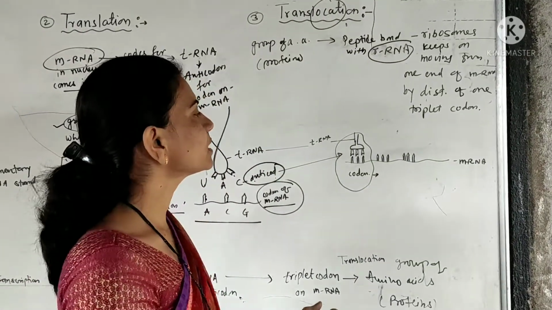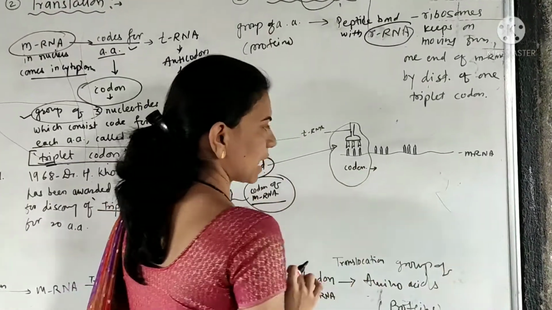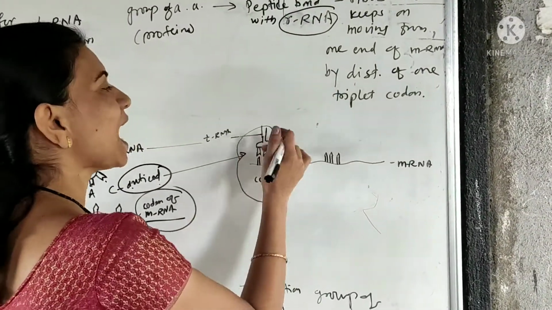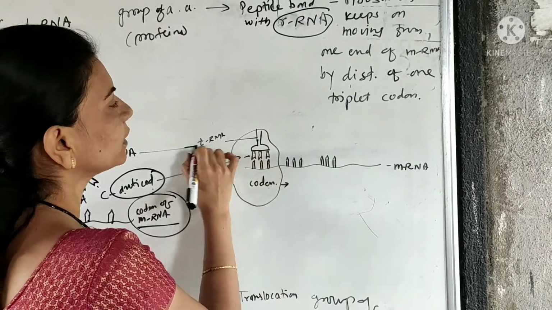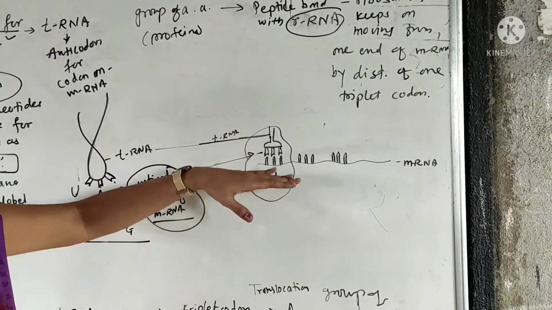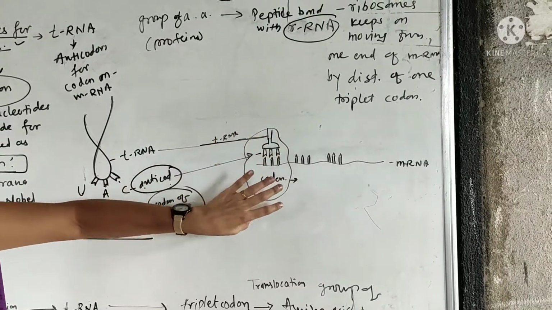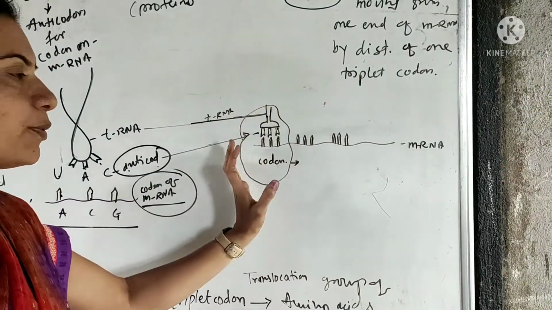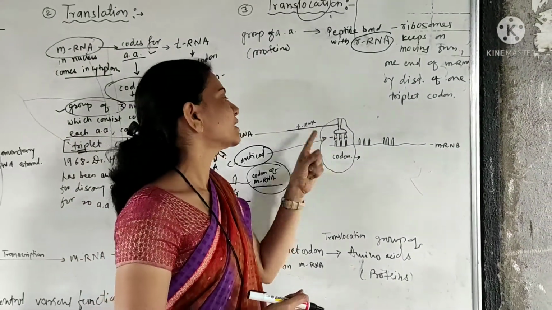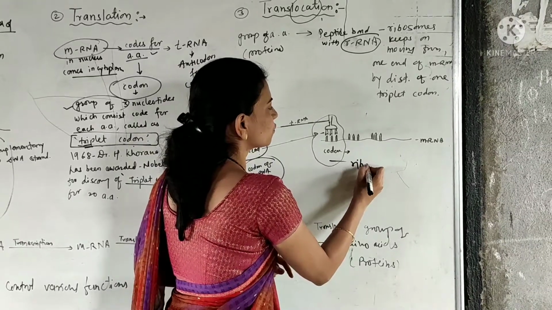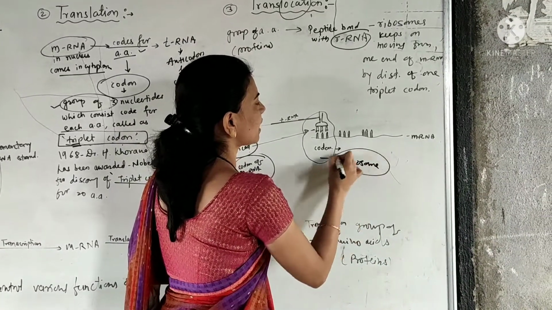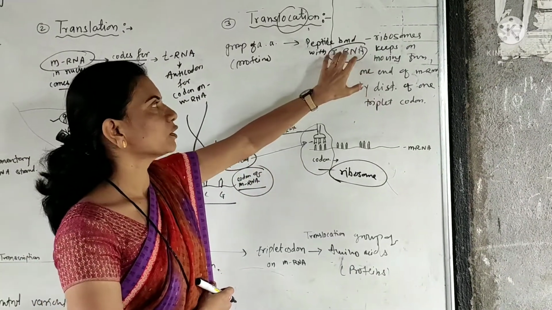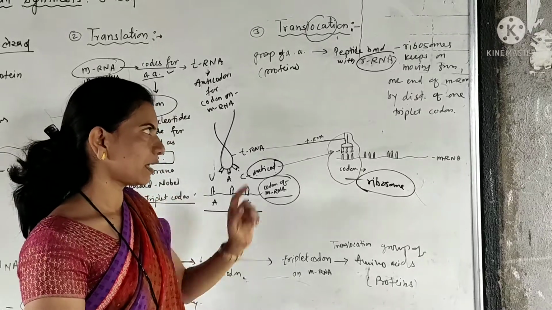What happened in this process? This time, this is the mRNA. On this mRNA, codons are present, and for these codons, anticodons are carried by this tRNA. So this tRNA carries the anticodons for these codons present on the mRNA, and in all this process energy is produced and supplied by this ribosome. So this RNA is known as ribosomal RNA, or rRNA.